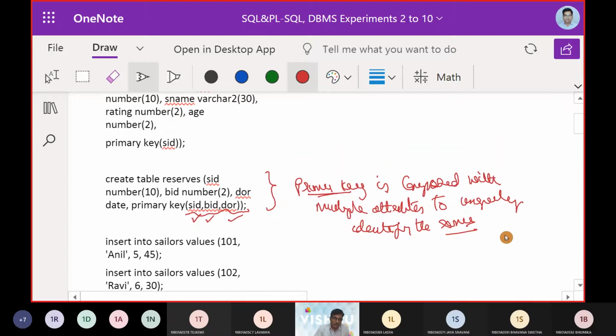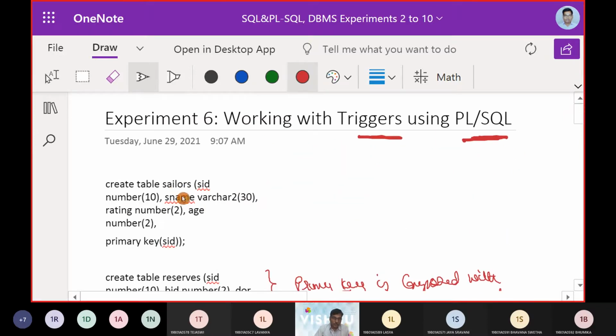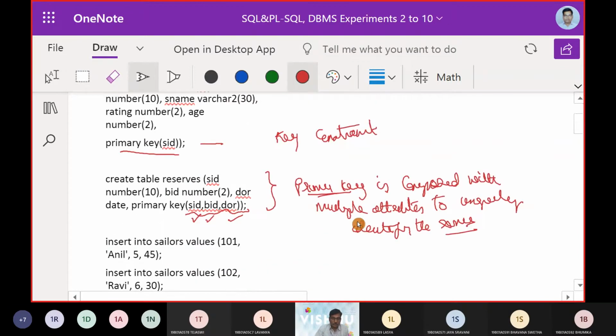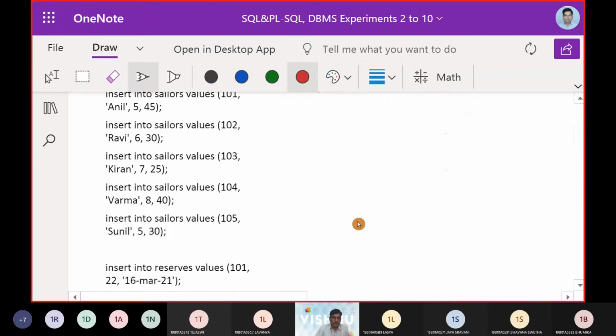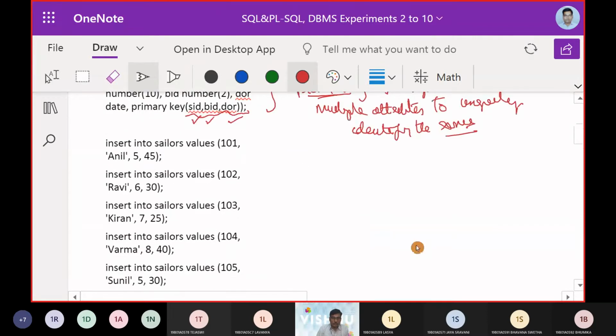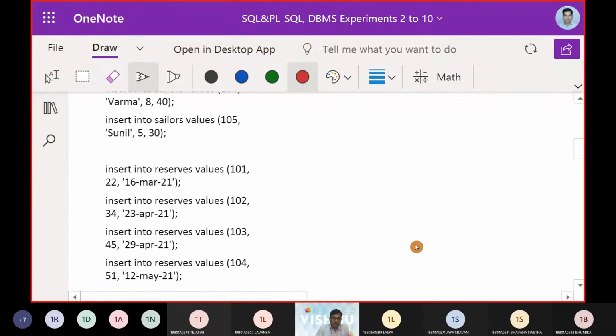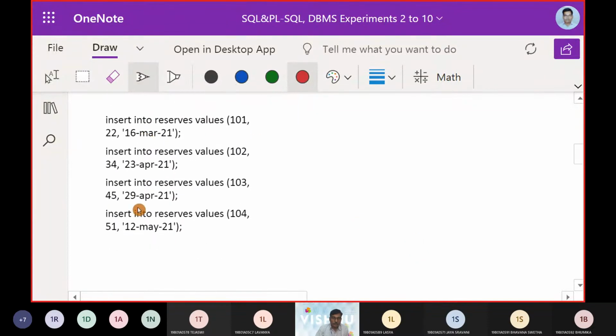So as the Sailor table was created and it is going to have the primary key, we call this a key constraint here. And now you can see the rows with Sailor IDs 1, 2, 3, 4, and 5. Thereby reserves are taken up and a few more entities.